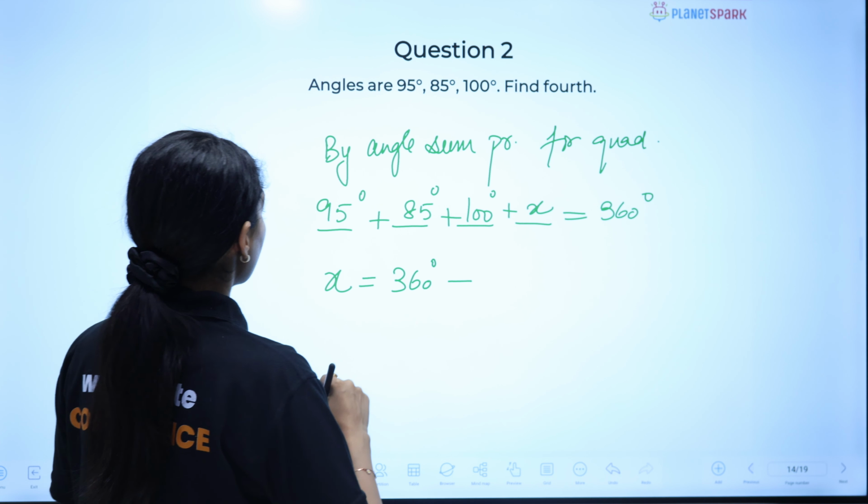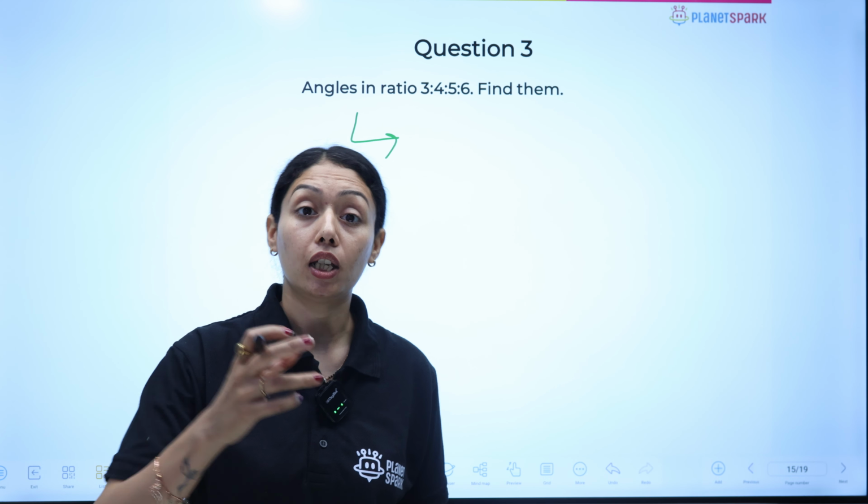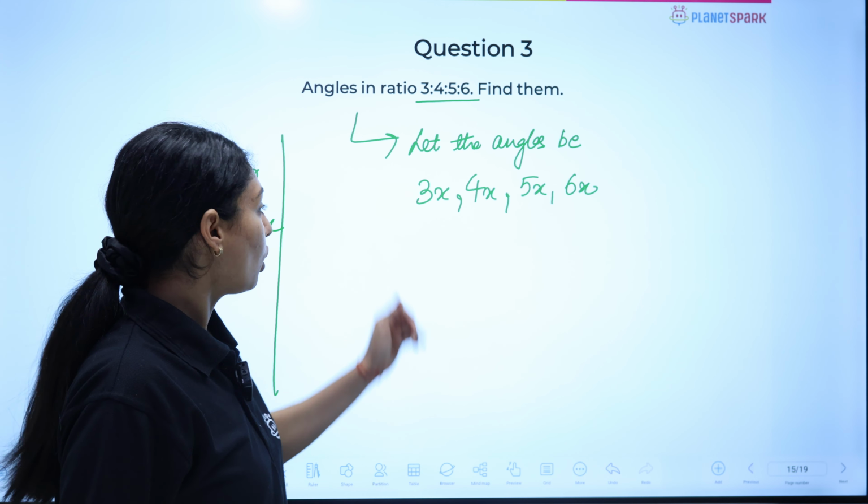Yes, same angle or we can say same value के multiples में we can imagine the exact values to be, right? Ratio given होती है जब भी हमें, let's say ratio 1:2. So I can take the exact values to be 1 into x and 2 into x, right? Multiples of the same value. Okay then. So from here I can say that if that is the ratio, then let the angles be 3x, 4x, 5x and 6x. These are the exact values there, in terms of a common multiple there.